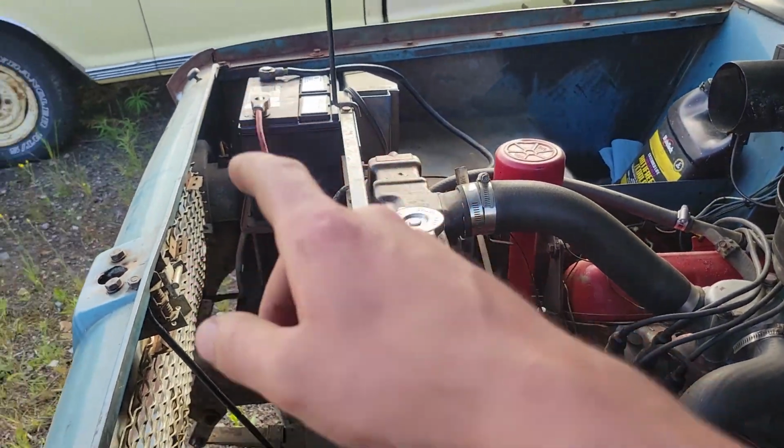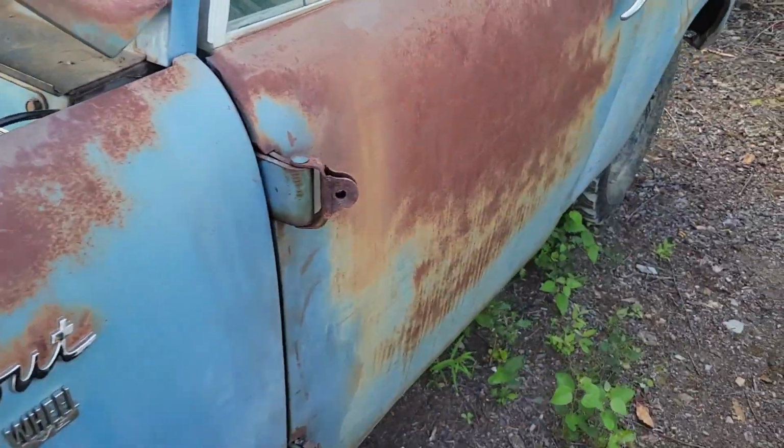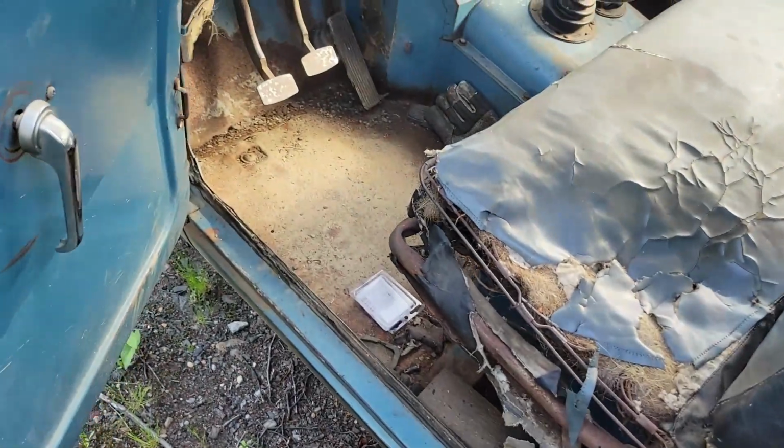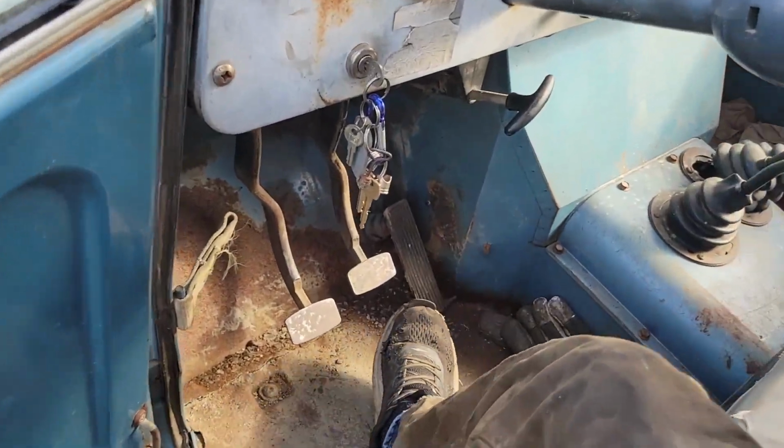Okie doke. Got the little baby battery thrown in here. Let's see if we have any life inside. I don't know if that battery has any life left in it. I think it was on the charger earlier, but